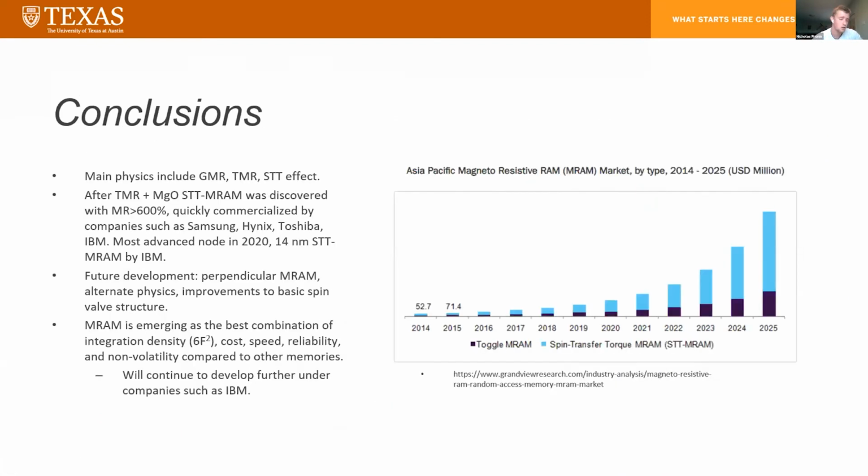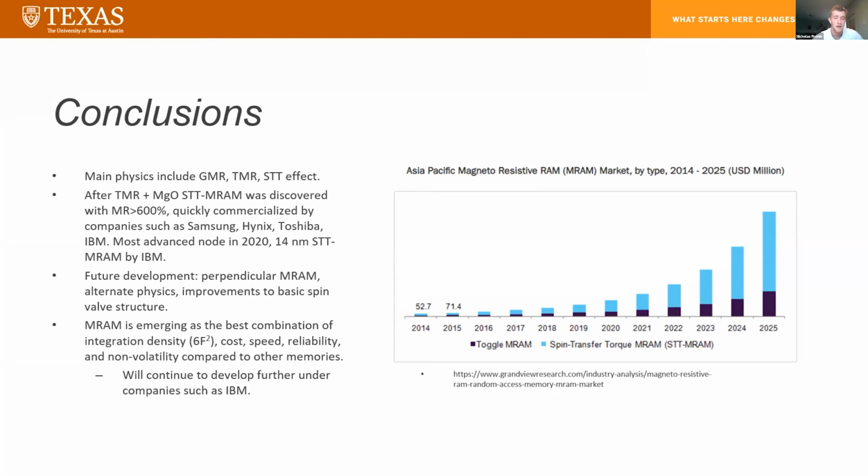So then, in conclusion, the main effects or the main physics are basically just the different magnetoresistive effects and the spin torque transfer. The field really exploded when TMR was combined with MgO to achieve really high MR ratios, and different companies like Samsung and IBM worked on research and development. And in the future, some things we're going to do is potentially transition to PMA materials, maybe implement some of these alternative physics, and do some basic improvements to the spin valve structure to just bring down the write energies